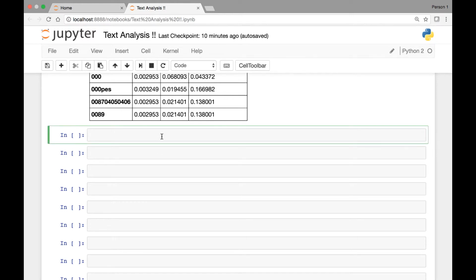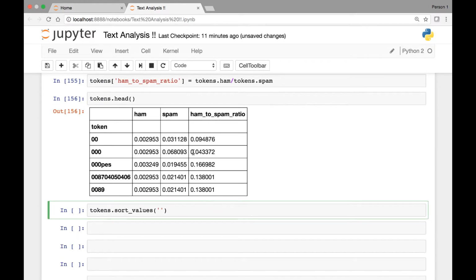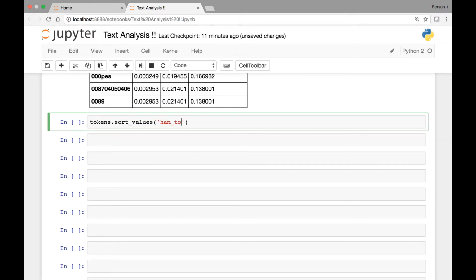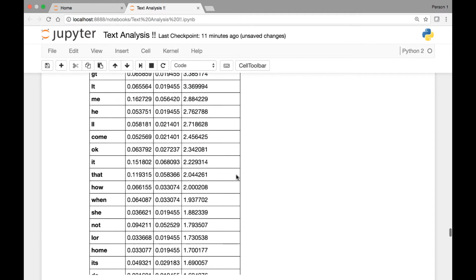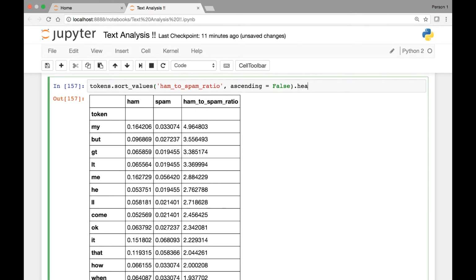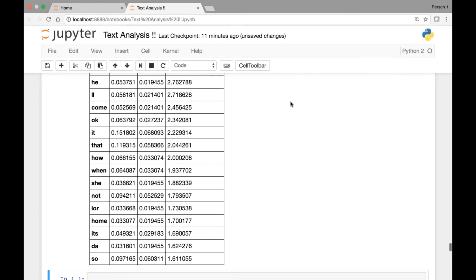Let's do that. So we have our tokens data frame and then we'll call the sort values method on it and then pass the column that we want to sort, ham to spam ratio, and we'll pass the ascending parameter and then set it to true or false, whichever you like. I'll set it to false and let's check out our data frame. Okay, once we sort it, let me call the head method and then pass 20. So we'll see the first 20 most common